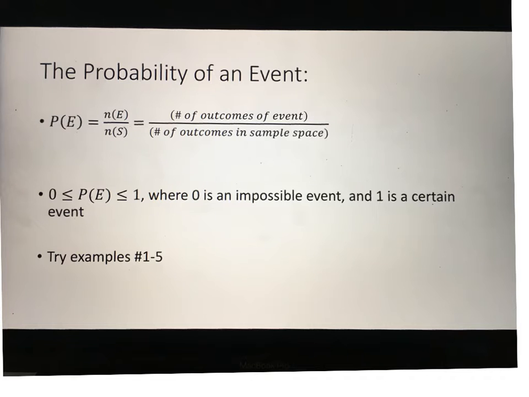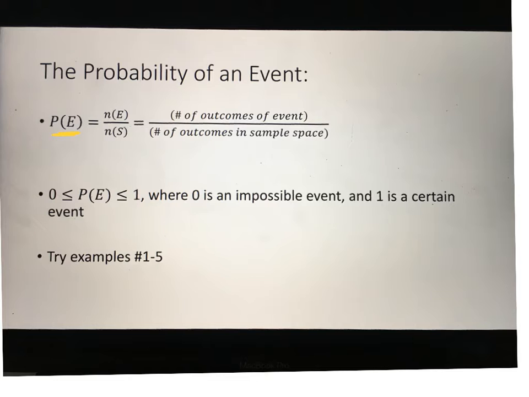The probability of an event is defined this way. P of E, it's kind of like a function, read that way, P of E, the probability of event E equals the number of outcomes of the event divided by the number of outcomes in the sample space. You can think about it as a fraction, the numerator having to do with the specific event that you're considering, and the denominator is always going to be the total number of possible